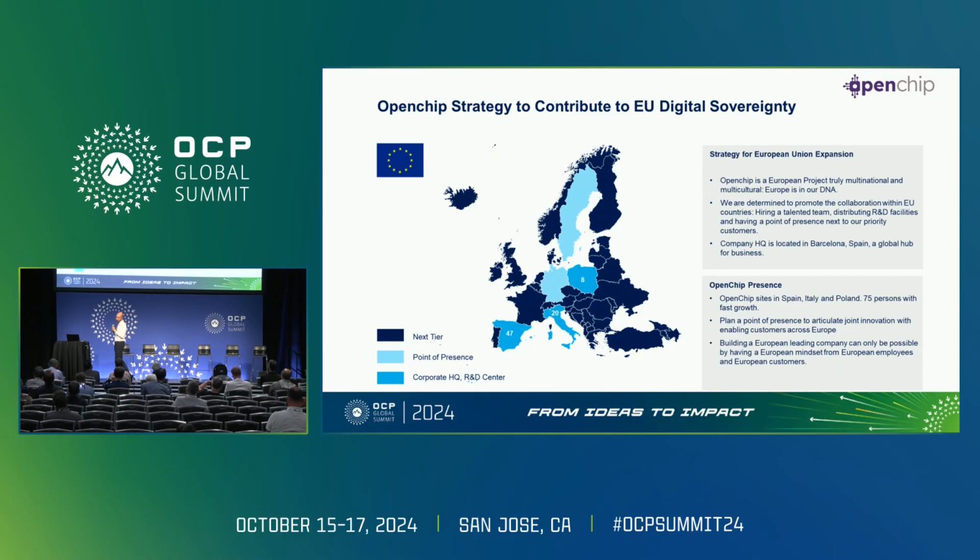And one of the interesting aspects I've seen recently is that when I did my PhD, most of the workloads were FFT-based or stuff like that. And now, as you see how the workloads for HPC have evolved, the combination of AI and traditional workloads is becoming more and more prevalent. So what we're trying to do at Openchip is to architect AI accelerators that also have vector capabilities, which is a fundamental aspect of HPC workloads. The company, as I said, is based out of Barcelona, but we have sites in Italy, Ireland, and Germany.